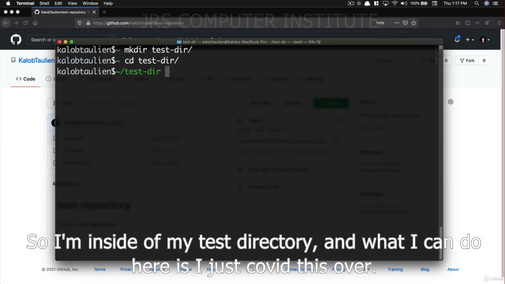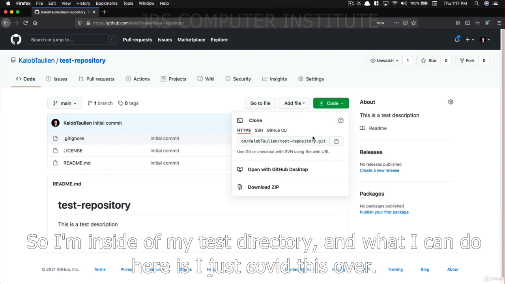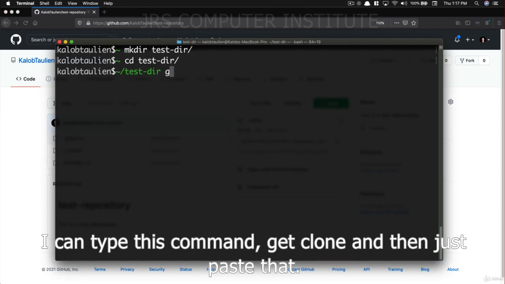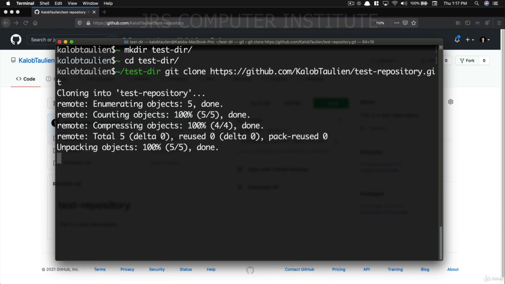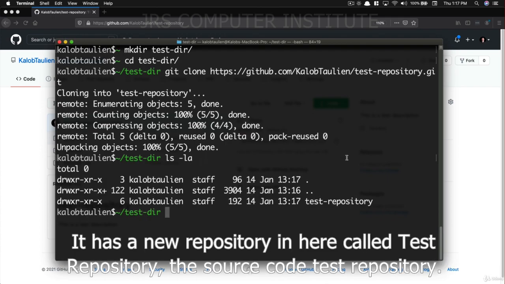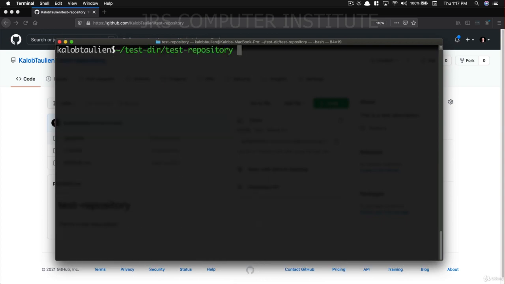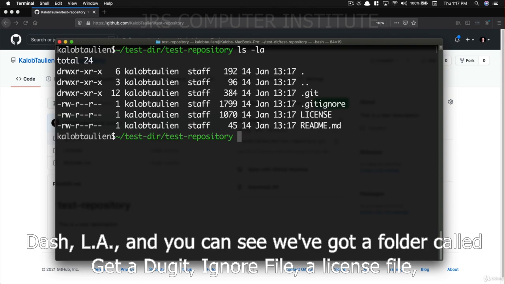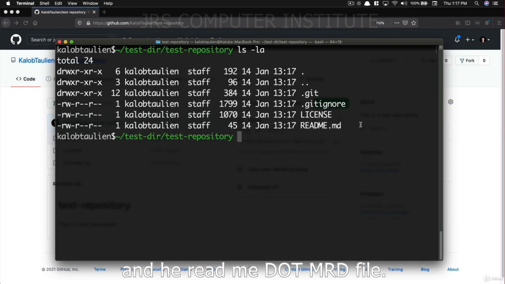So I'm inside of my test directory, and what I can do here is I just copied this over. I can type this command, git clone, and then just paste that. And if I do ls -la, or if you're on Windows, you can type dir, it has a new repository in here called test repository. So let's cd test repository, ls -la. And you can see we've got a folder called .git, a .gitignore file, a license file, and a readme.md